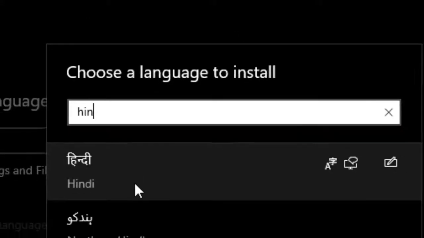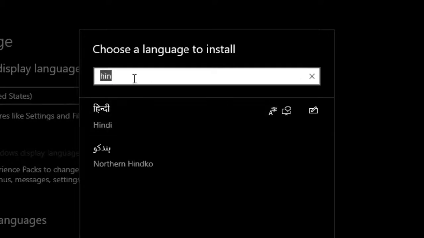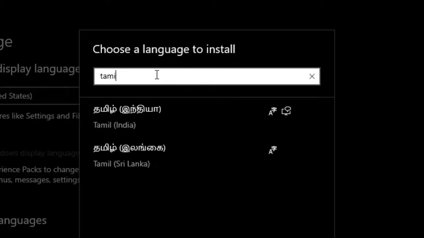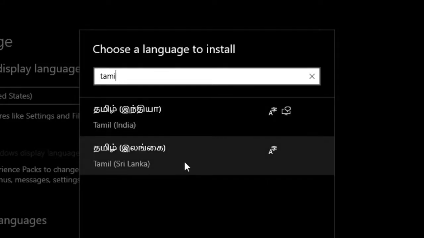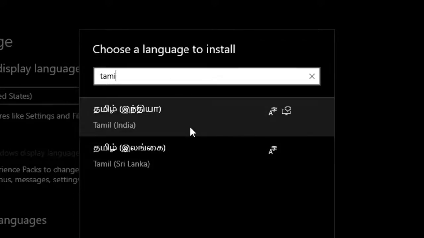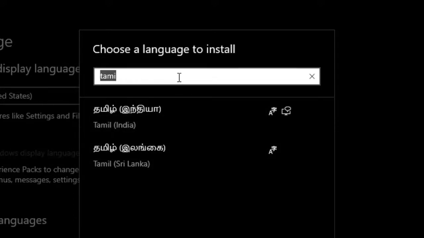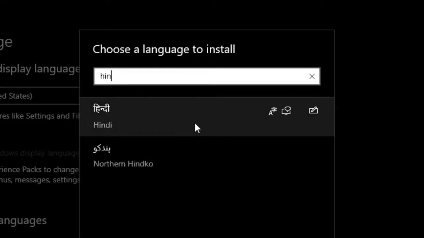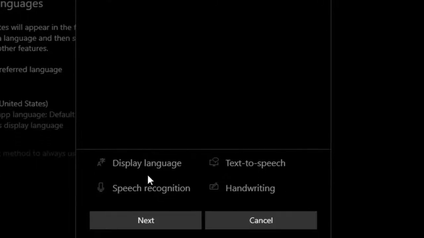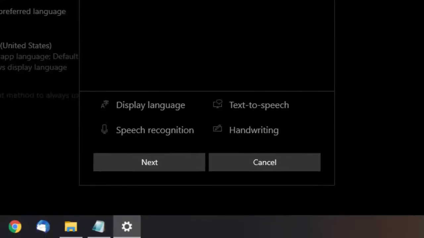Now we can select this one, or if we want to add Tamil, TAM, Tamil, India and Tamil Sri Lanka also displayed here. So first we will add Hindi language. I am typing HIN and selecting this one. Now after selecting this one, we have to click next.